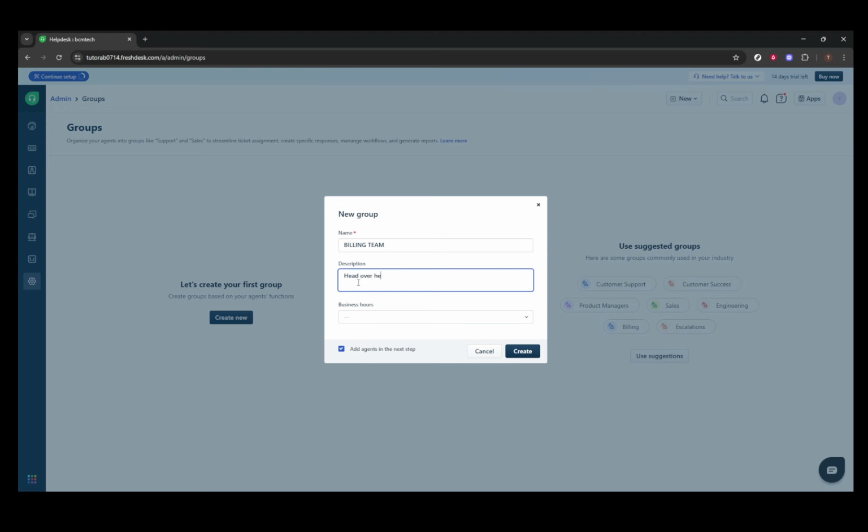If you're operating on a Pro plan or above, you have the additional option to select business hours for the group. This is particularly useful if your team adheres to multiple SLA policies, as it helps you align the group's working hours with those SLAs. Deciding on the business hours can be crucial in ensuring that your support is delivered efficiently and within the promised timelines. However, remember that this step is optional, so it's fine to skip it if it's not relevant to your